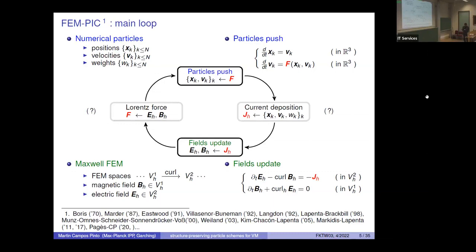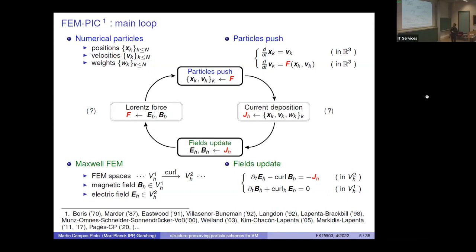So the main question behind the whole talk is how to define and compute these coupling terms, the Lorentz force and the current deposition, in such a way that the whole discretization of the nonlinear system preserves